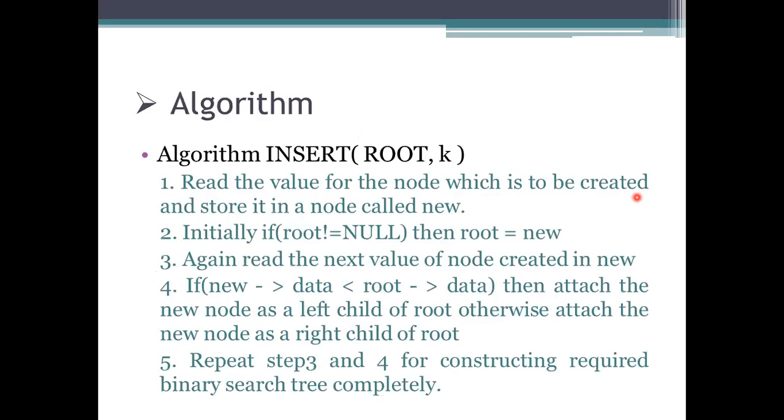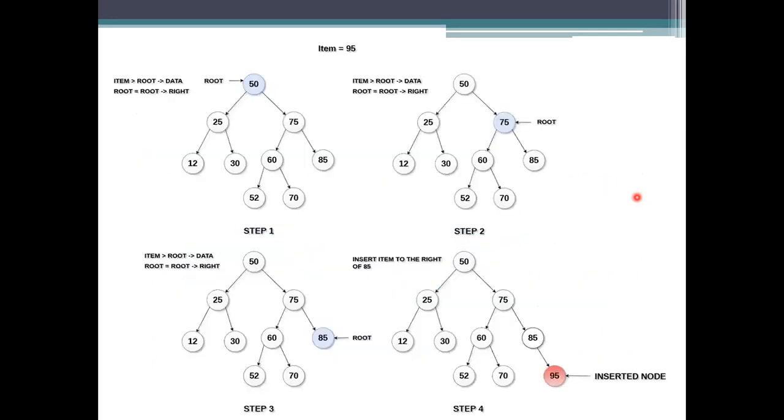In the insertion algorithm, read the value and store it in the new node, and check whether the root has elements or not. If not, make the new one the root. If it does not have elements, the first inserted value will be the root node, and the new nodes you add will become the left and right children for further processing. We need to repeat this processing until we reach that representation.